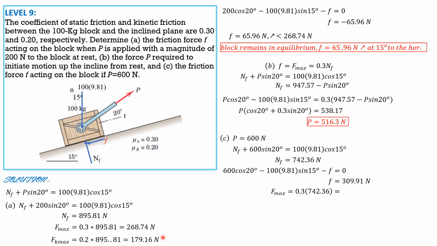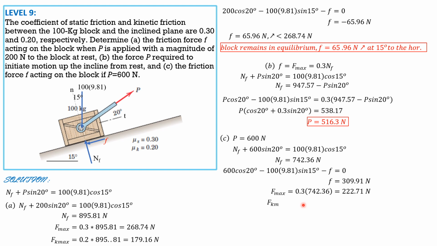Our final answer is 268.7 newtons. So F max is coefficient of friction 0.3 times 742.36. This is not the value, this is the value because it is based on the actual normal force when P is 600. But this is still less than 309.91, so that means the block moves, and therefore the answer is